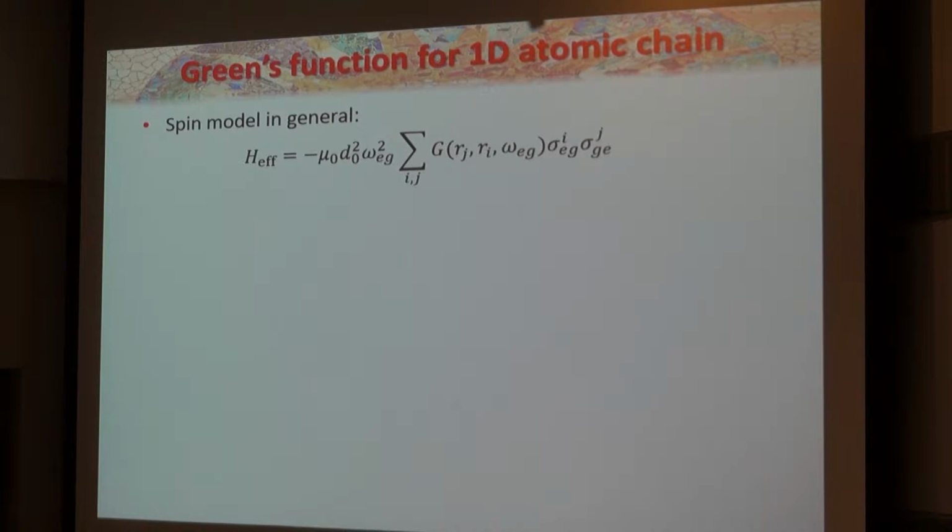Yes. For one atom, it's always fine. But for multiple ones, that's right, when the distance over c is comparable to gamma, in that case you would generally not be able to use the spin model. You would have to keep the field as a real degree of freedom.